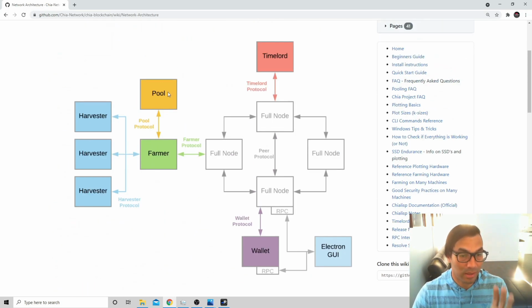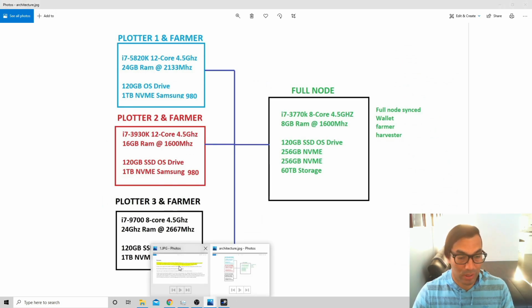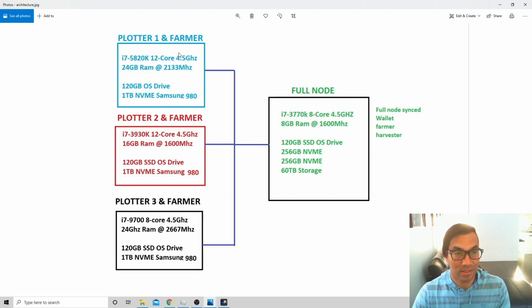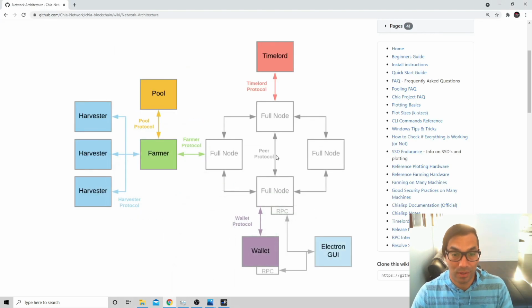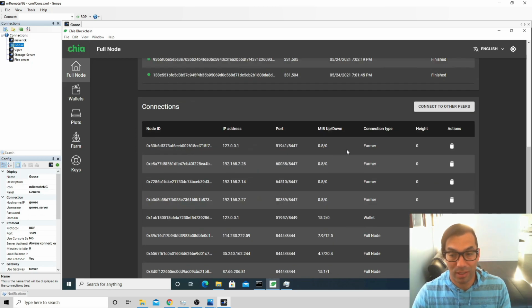So again, this architecture setup is a little bit misleading. I prefer to show it, I don't have it here anymore. No, okay, so this is not what I wanted. Anyways, this is kind of how I have it set up. Farmer, farmer, farmer, full node, and everything else in my environment, plus my computers that are not plotting, are farmers, because they're continuously communicating with the full node and the harvester, my single harvester. Anyways, if you take a look at my verification times, they're all being verified through all of these farmers